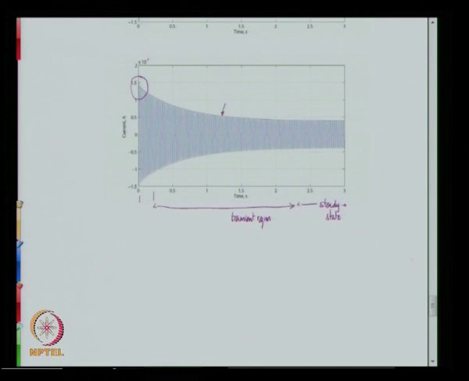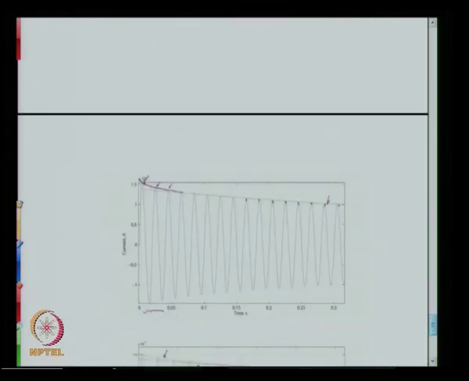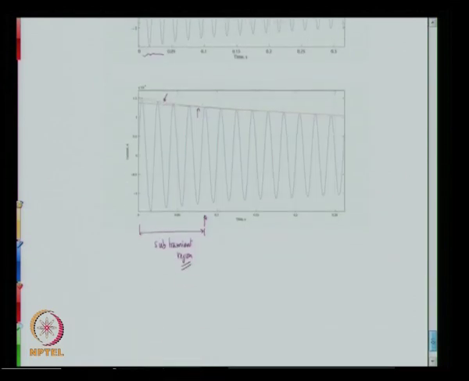Now you can see that the initial value of the IA in the worst case is determined by this exponential envelope leading and hitting this axis, and that value, if you look at the expression for IA, will arise out of the amplitude of the omega s term,